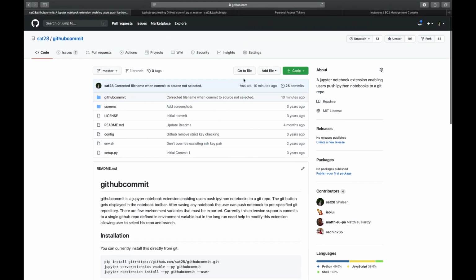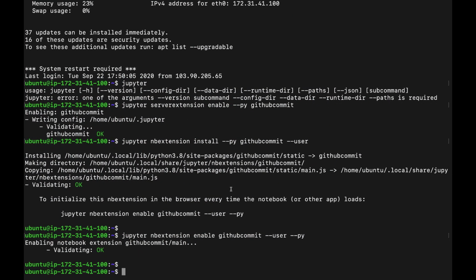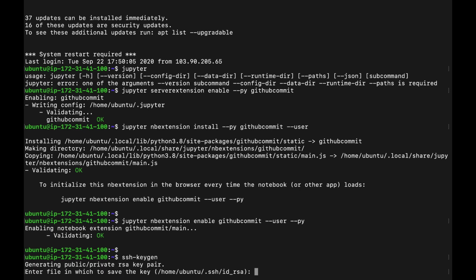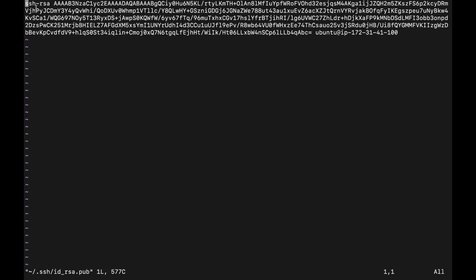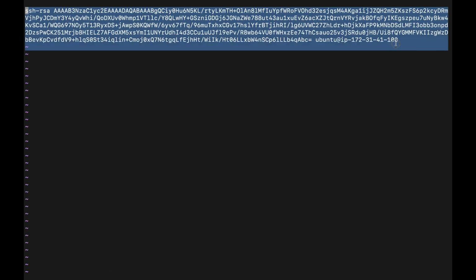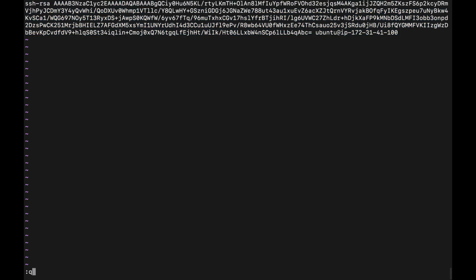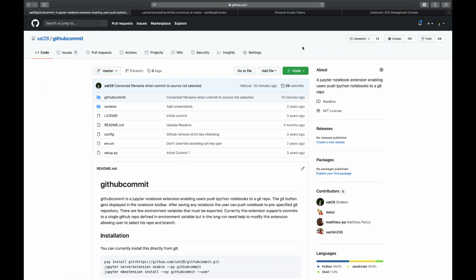So first things first, we need to have SSH keys present inside our machine. So I'll just do ssh-keygen, and I'll go with the default options, not using even a passphrase. What I'll need is to take this SSH public key, copy it, and paste it inside my GitHub.